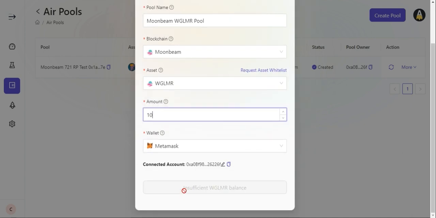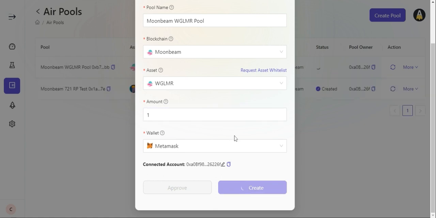And let's see, I can put any number here. So if I'm putting 10, it shows me insufficient wrapped Moonbeam balance. But because I have three wrapped Moonbeam right now, if I'm doing one, it gives me an option to create, or if I'm doing three, it gives me an option to approve and then create. So let's say that I'm doing a one here right now. Now this one is already available because I've created it in another project. So it shows me that I can directly create the pool right here. So I'm just going to click on the create button,